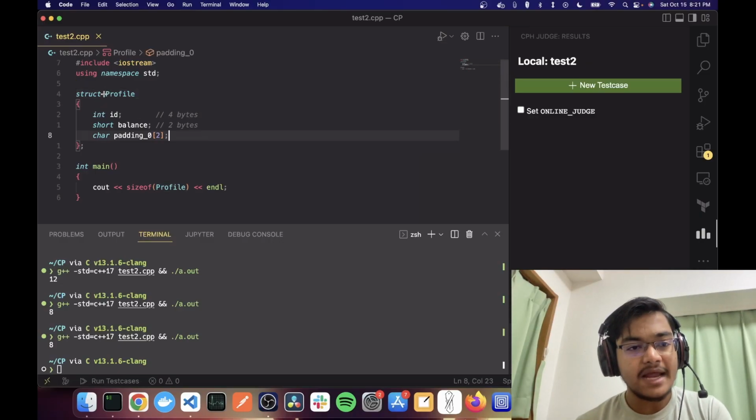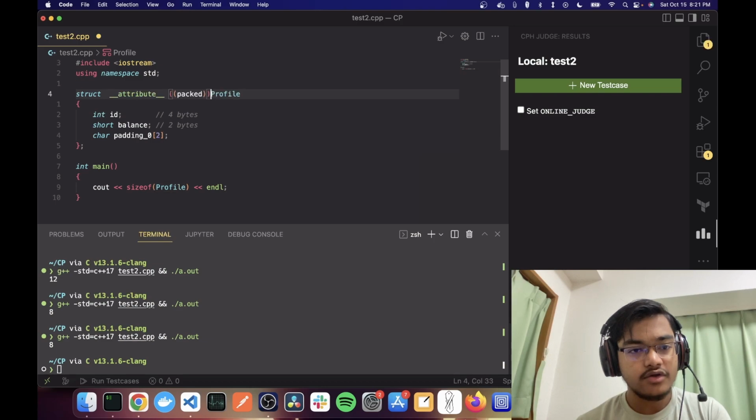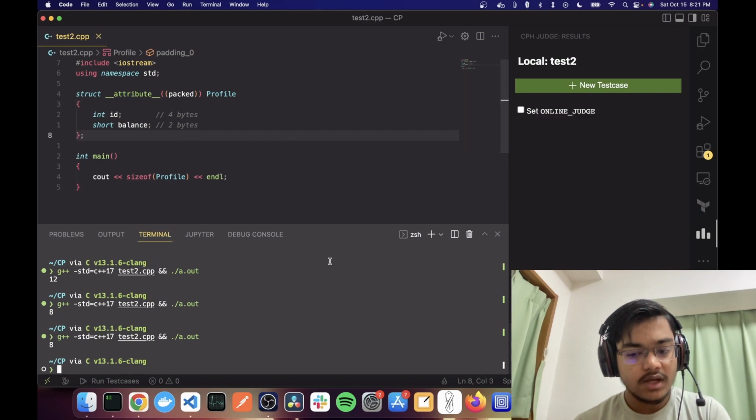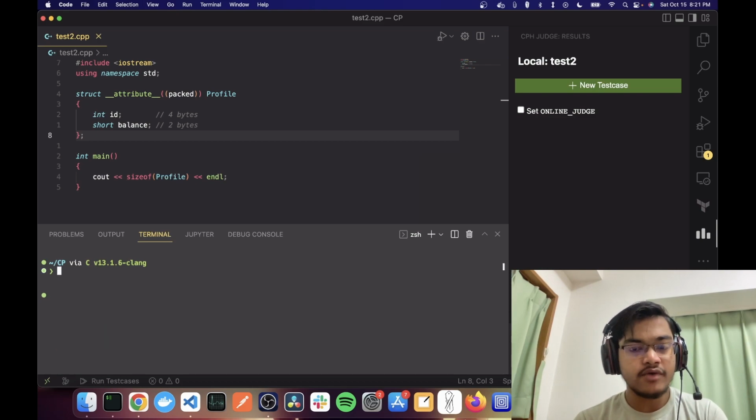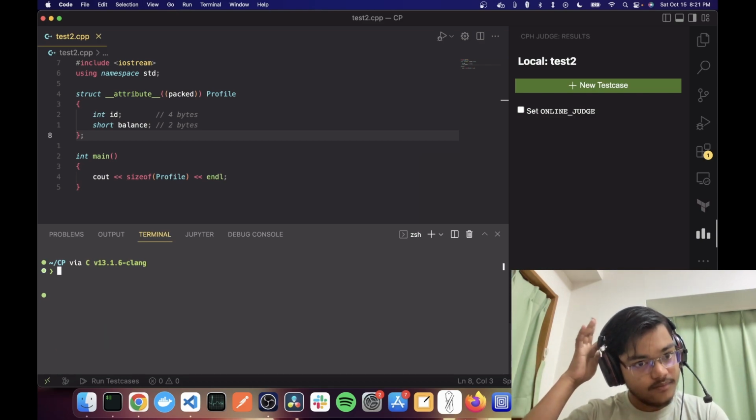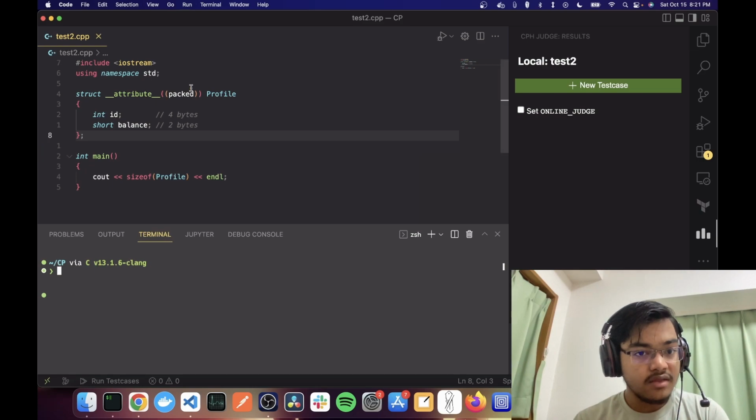One is to tell the compiler that you don't care about the alignment, just make it packed, okay? This way the compiler won't add the padding, and you will have 6 bytes. But with this, the alignment would not be satisfied. So if you know what you're doing, you can do it, right? And the other way is to